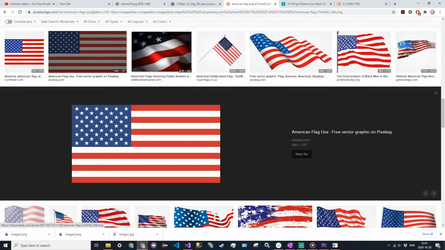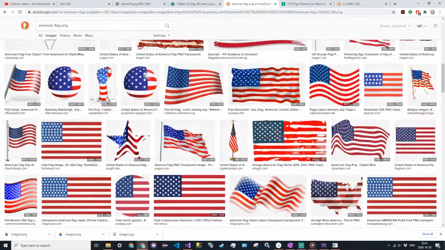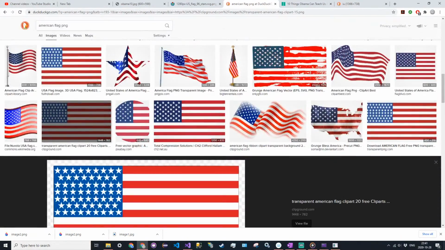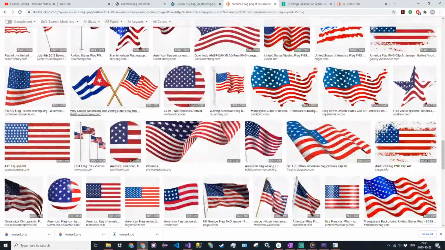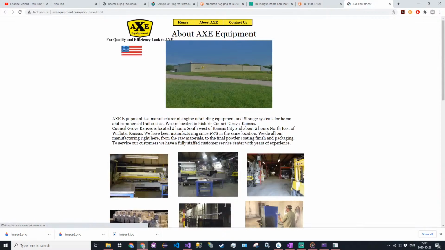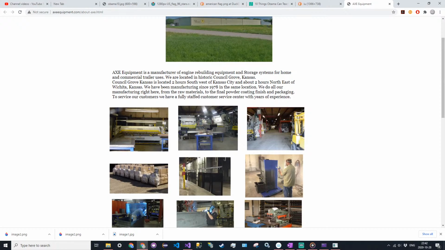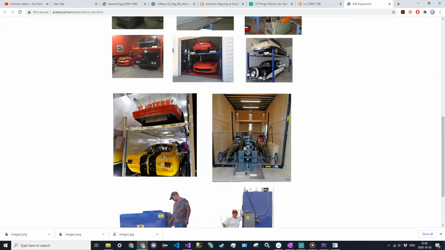That's an American flag right there. What is this? Oh my god, the people who made these should just all actually just be shot. Axe equipment, quality and efficiency, go fuck yourself. Council Grove, Kansas? What? Okay, that's a nice car, but still, that looks like